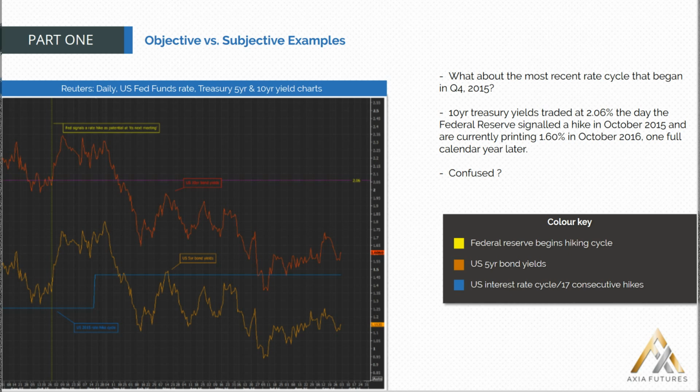Currently, as of October 2016, we can see yields are at 1.6%, almost one full calendar year later. So what does this tell us? Well, it tells us that yes, in theory, history does give us good ideas. It does give us a sense of subjectivity. However, had we relied on that subjectivity again in this instance, just like the Greenspan conundrum, we would have lost money again. Note how the market sold off quite aggressively this year, or in 2016, ever since the Federal Reserve